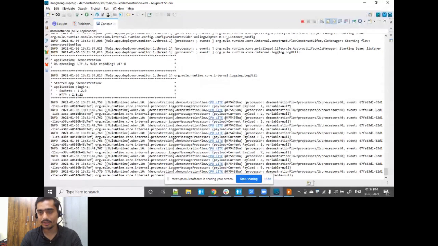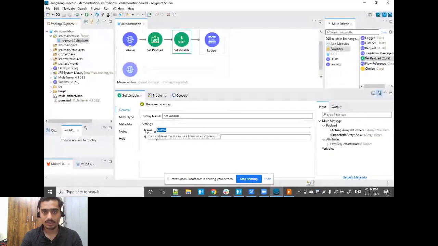Variable is giving null. Let me check if I have made any typo mistake. Why is it giving null? Set variable test var, logger. Oh, I have given test vars. That's why it is giving null. Save it, redeploy.